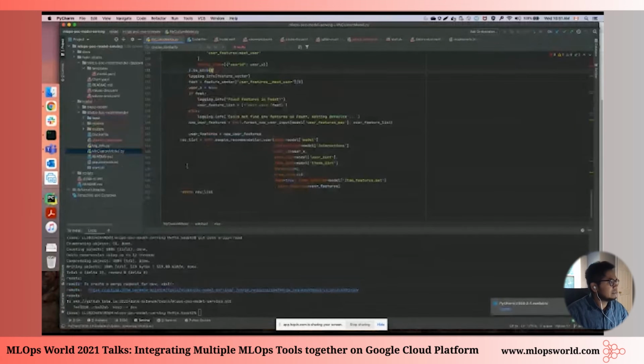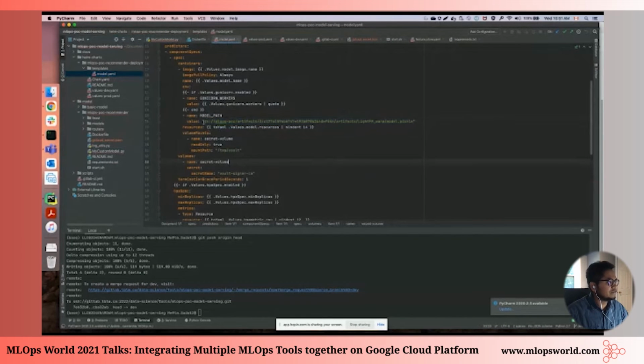We created a custom template for Seldon Core, so we don't have to deal with YAML files all the time, and we use this template and reuse some of the functionalities. Like I said, we picked that model and we just define this as an environment variable, and as soon as we deploy this code to our version control system, GitLab, it starts CI/CD jobs to deploy this into the Kubernetes